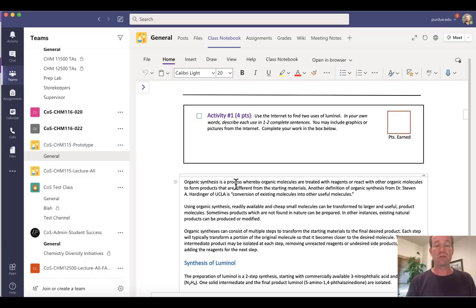In this case here, this is a preview of Lab 1, and there's an activity where I have to do some work. And I want to show you how you can enter your answer into this box. And along the way, I'm going to give you some tips and tricks for doing so. Right now, I'm viewing this particular lab in Microsoft Teams on my computer. And while I can certainly type an answer right here,